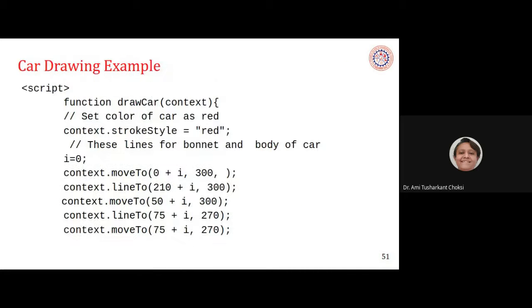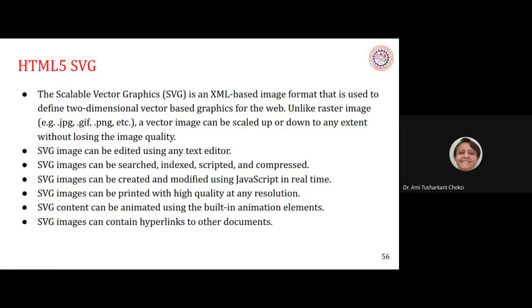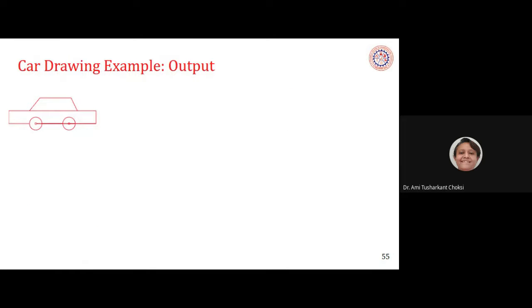For my data set, this car drawing example is there. This is a car, right? Fine. This is made only with lines and circles, I mean arcs. You can fill the colors also. This is a simple thing I have shown you. You can fill the colors, and you can have different patterns for filling the colors.